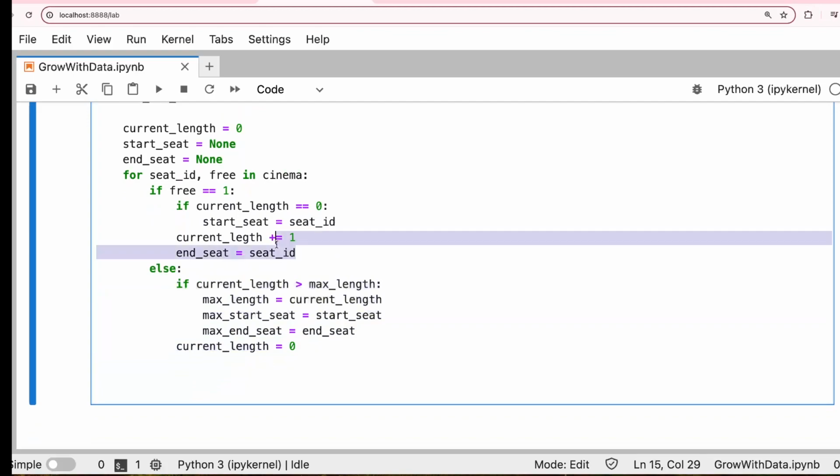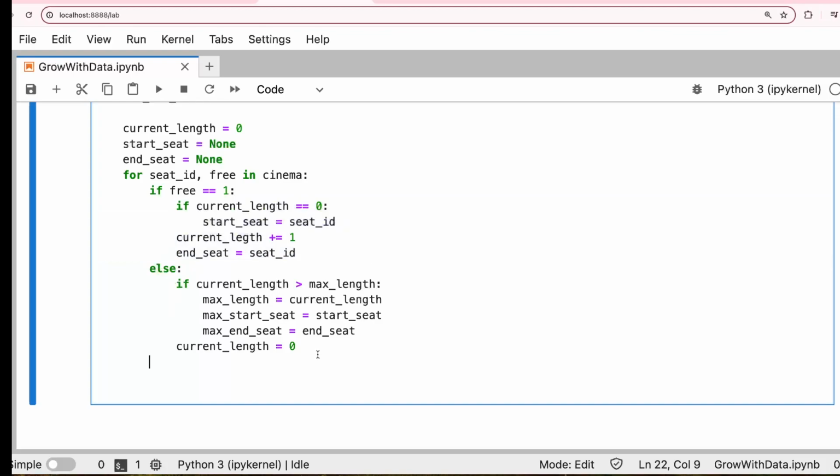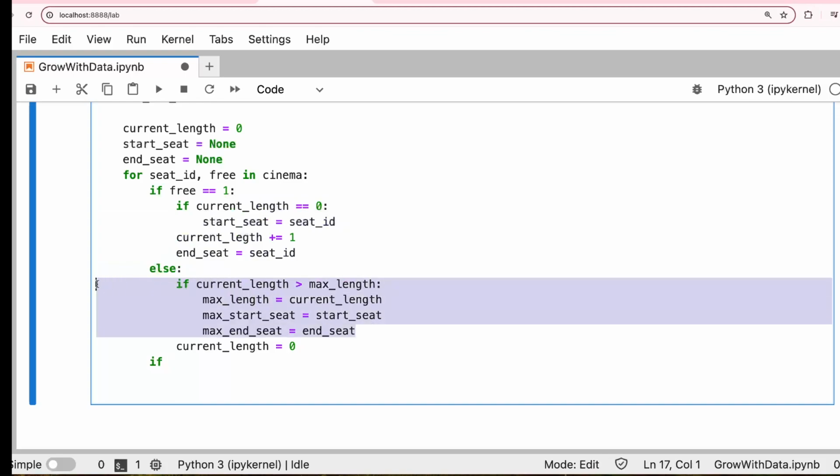But if it comes here, we are not sure if the current length of the seat is greater than whatever we calculated, right? So all the calculations we might miss if the whole last piece of the seat is all available. So what we do, once the loop is done, we make sure that if the current length, the same, all this we just replicate